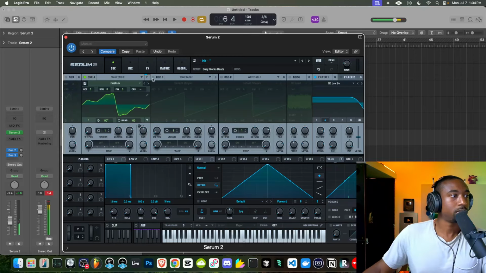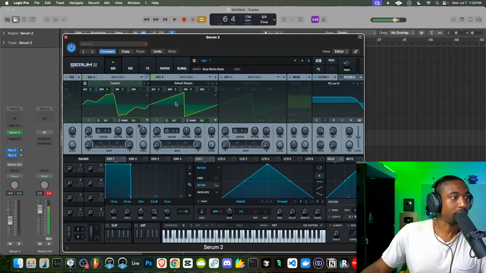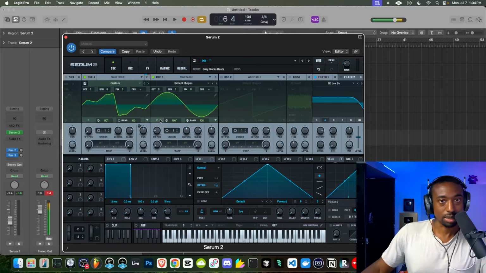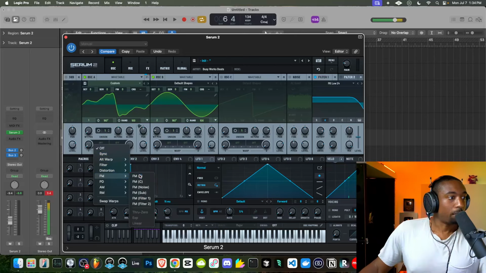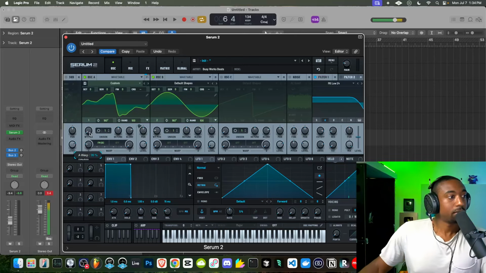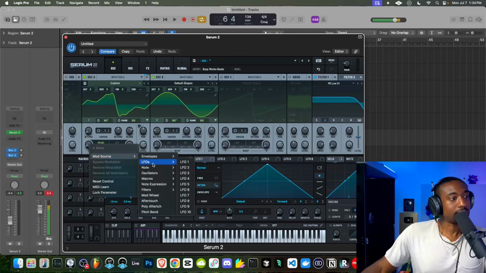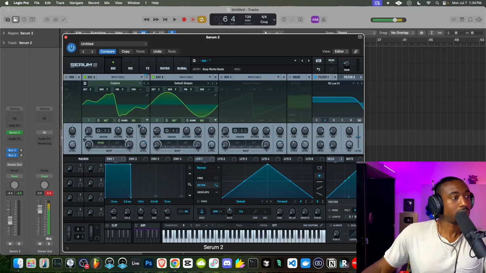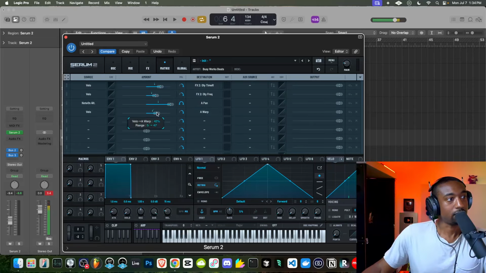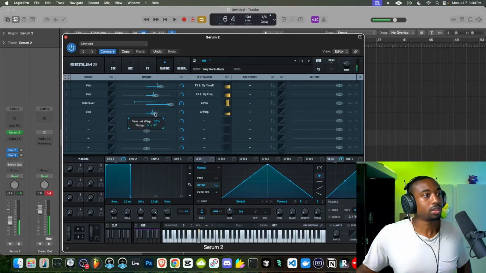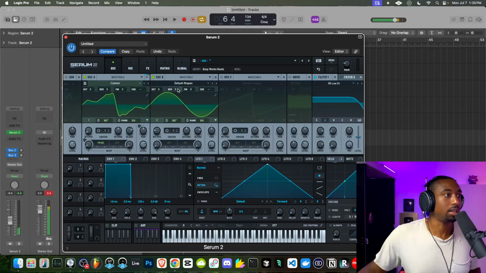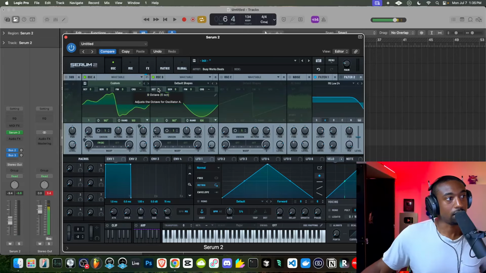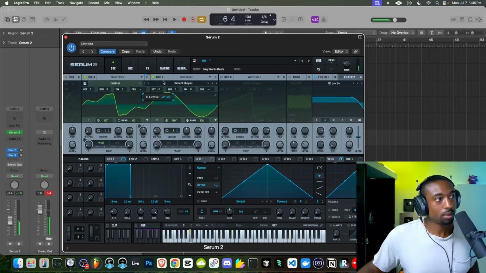Another thing I'll do, we'll just kind of add this in, is I'll add oscillator B. We're going to switch this to a sine wave. I like to modulate with sine waves. We're going to go here to where it says FM from B, and we're going to turn this up. So sometimes I'll have this velocity sensitive, so it's a dynamic approach, and then I'll go to the matrix and just turn down the range so it's not so aggressive. So the harder I hit it, the more frequency modulation we get, and then I can go to oscillator B and just mess with the octave to create different tones.